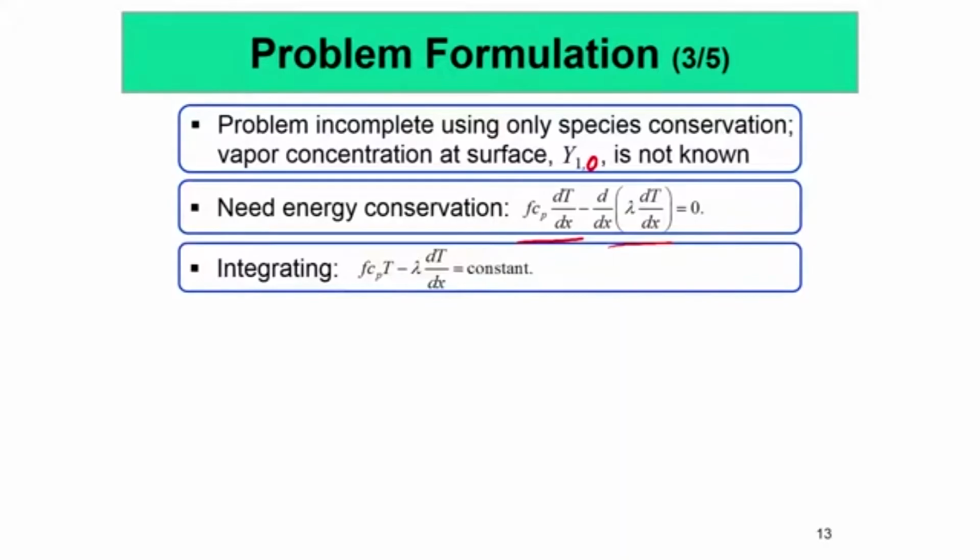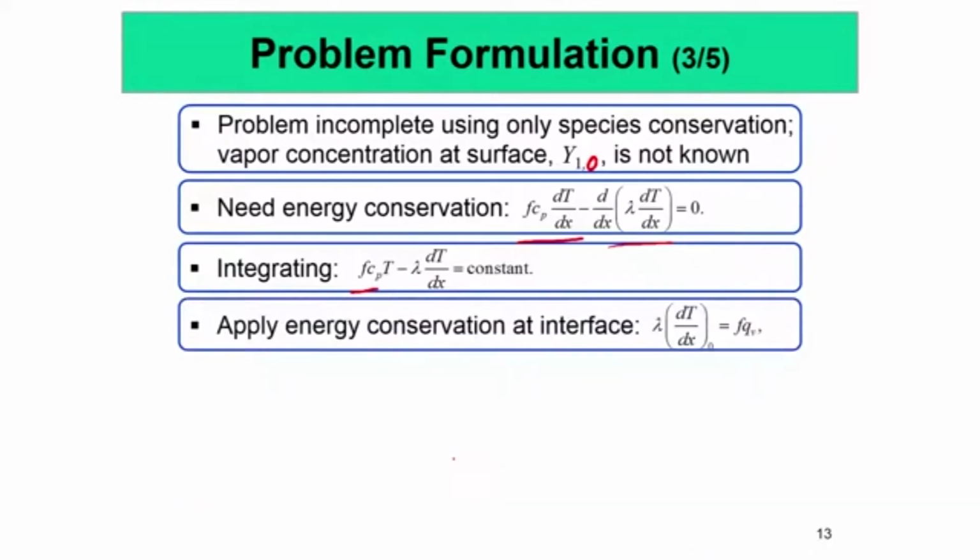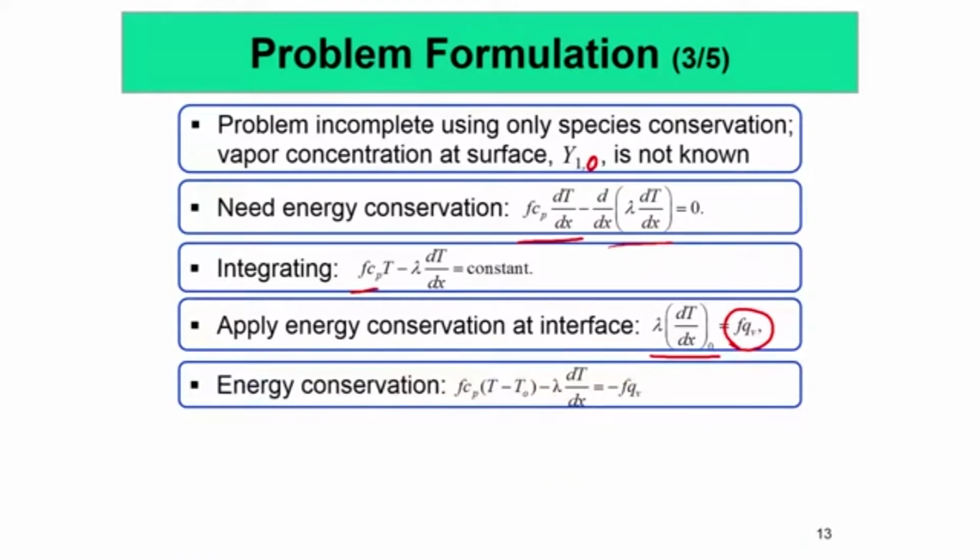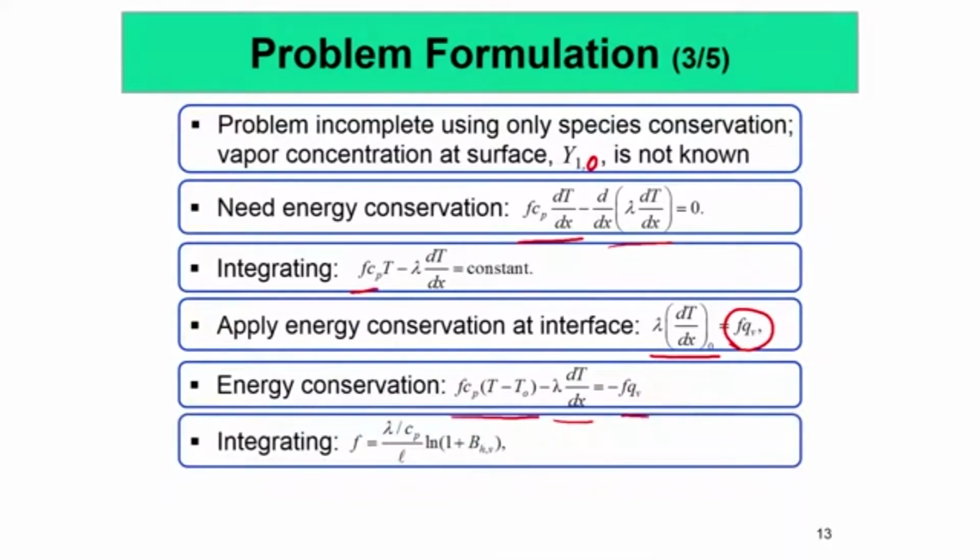And if you integrate this, what you get is essentially F Cp T minus lambda dT/dx equal to a constant. Then what you have to do is apply energy conservation at the interface, where the energy that goes for evaporation is supplied purely by conduction. As a result, lambda dT/dx at the interface is essentially the mass flux that is evaporating times the latent heat of vaporization, that is QV. Using that, we get F Cp (T minus T0) minus lambda dT/dx equal to F QV. And then if we integrate, we find that F is equal to lambda by Cp times 1 by L,